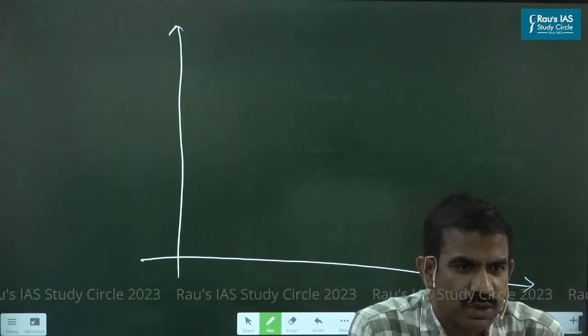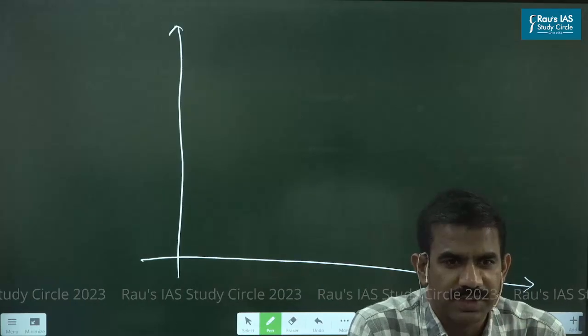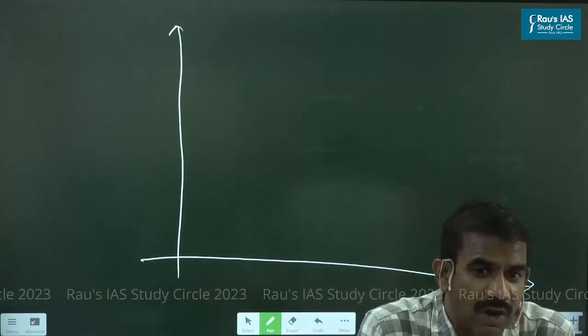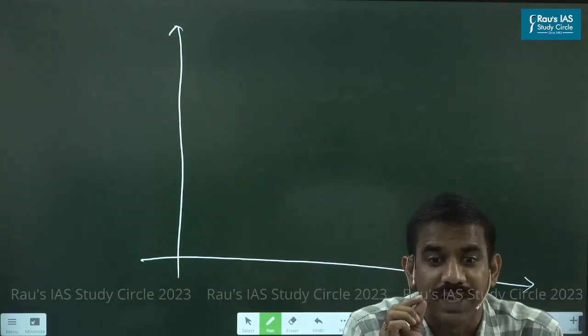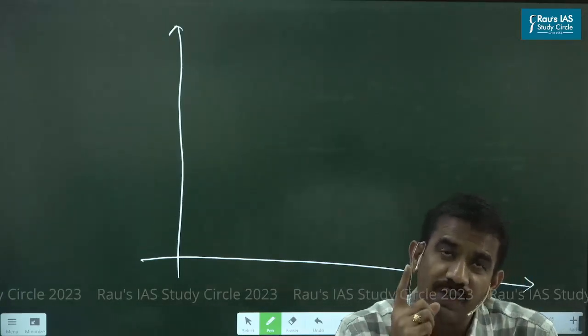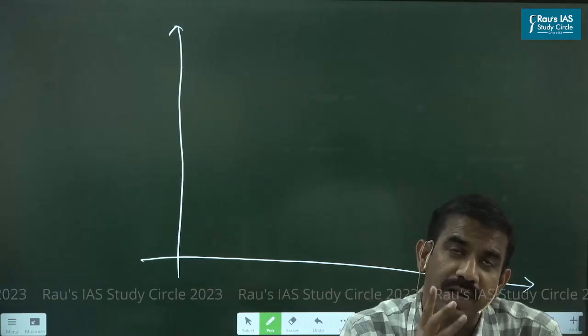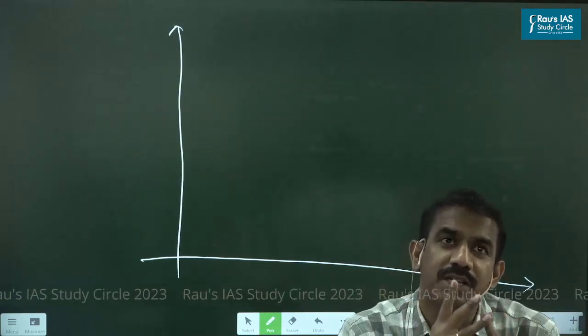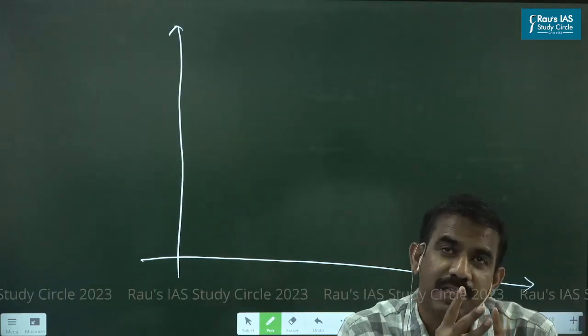When it comes to economic models, we make an abstract of real world scenarios. We always make assumptions. And since we are making assumptions, our model would not be 100% correct in explaining our problem. You accept it? Every economic model that we discuss in the coming classes has three things. One is the assumptions. The second is the explanation of the model.